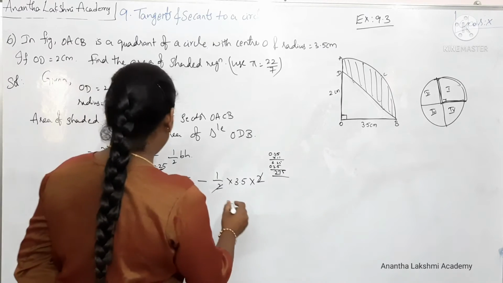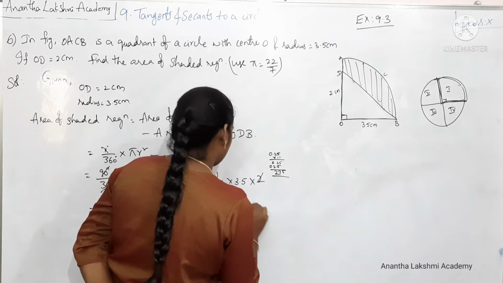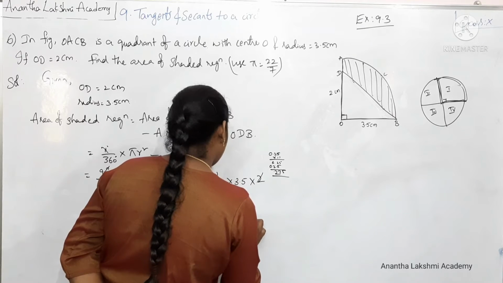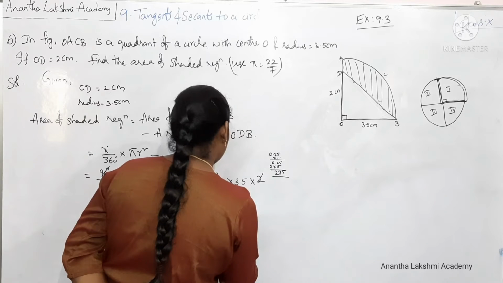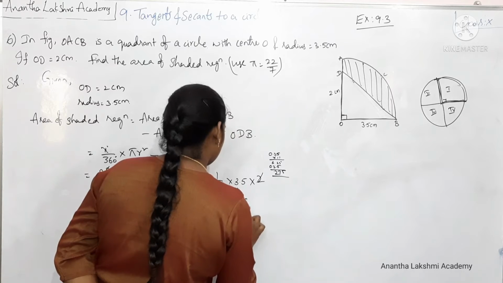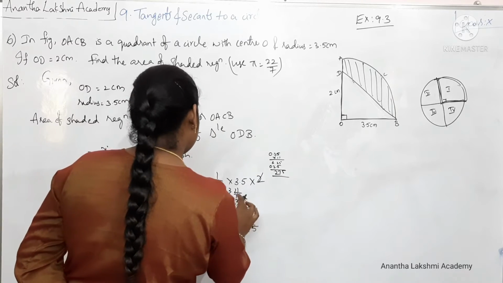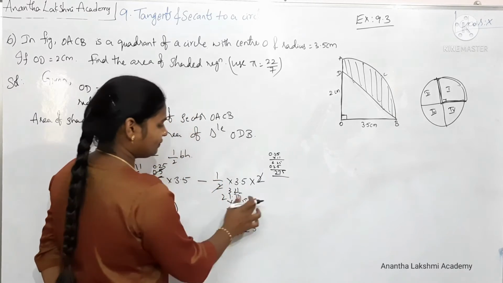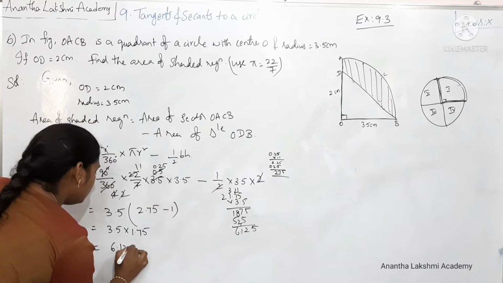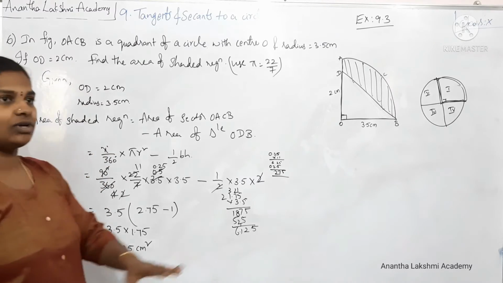So let us do the multiplication of 1.75 with 3.5. 5 fives are 25, 5 sevens are 35, 5 ones are 5, and so on through the partial products, adding them up. And this is 1.75 and 3.5, so there are 3 decimal places. So this is going to be 6.125 square centimeters. Alright, the area of the shaded region, how did we figure that out?